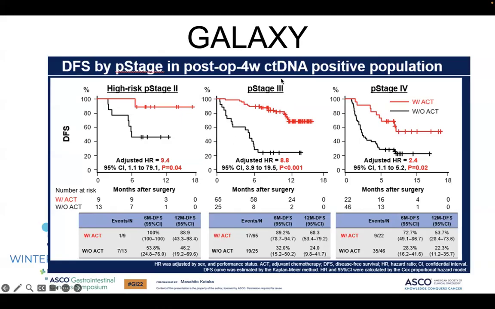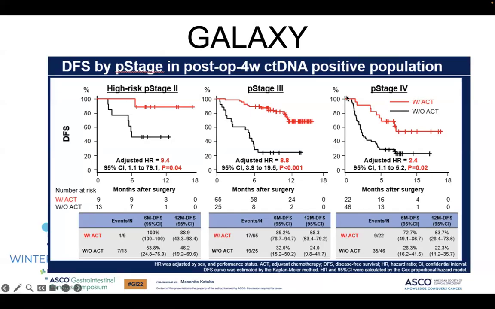Now looking at pathologic stage 3 patients, again these graphs are pretty well separated. Patients who got adjuvant chemo, 89% were disease-free at 6 months, 68% at 12 months. And then those who did not get chemotherapy, 32% at 6 months, and 24% at 12 months. So again, this is really a pretty significant finding, showcasing the difference between patients getting adjuvant chemotherapy, looking in